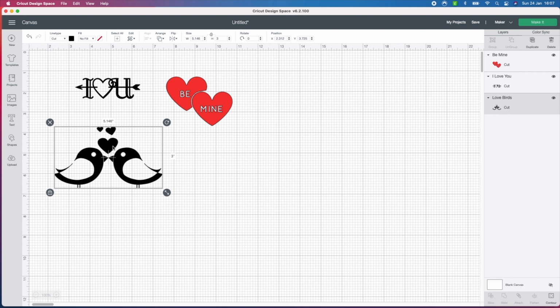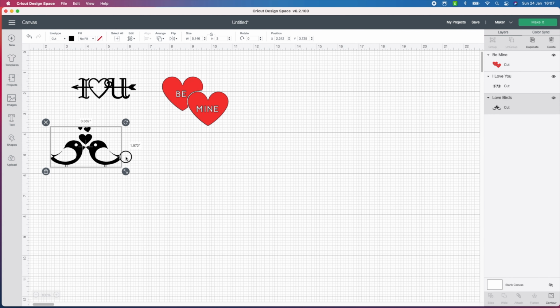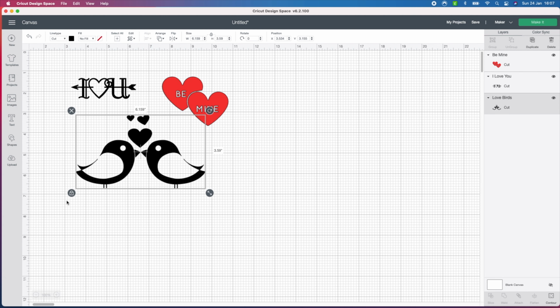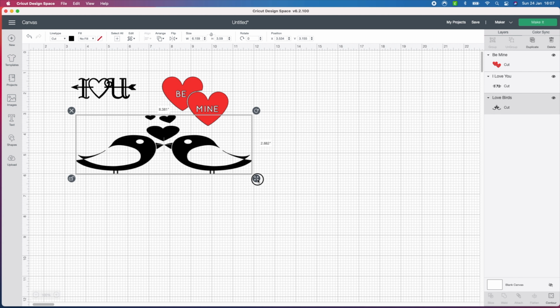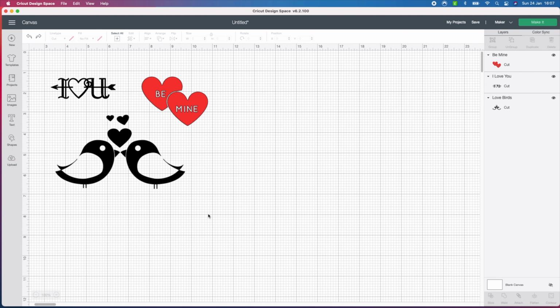So as I mentioned, the mug is quite small, so you also need to be down quite small. And one of the things to check is that it still looks okay. Now if you notice, just to take you back, we've got the lock in the corner here, and at the top the lock and the measurements. If I unlock that, what I can do is change it and the dimensions change. Now you might quite like that, but I think it loses something. So put that back on lock